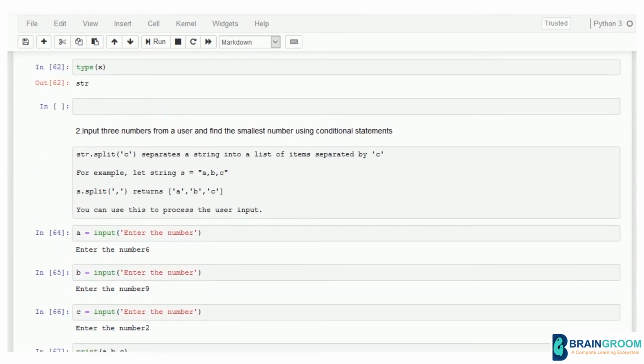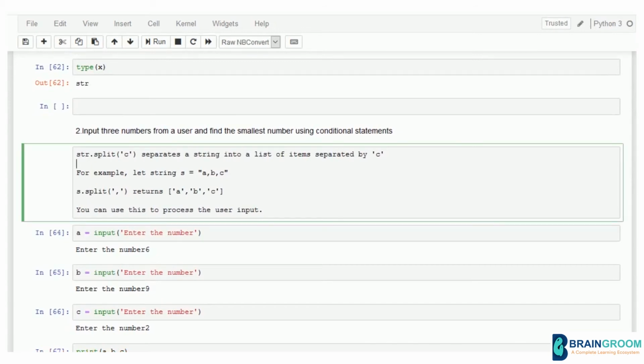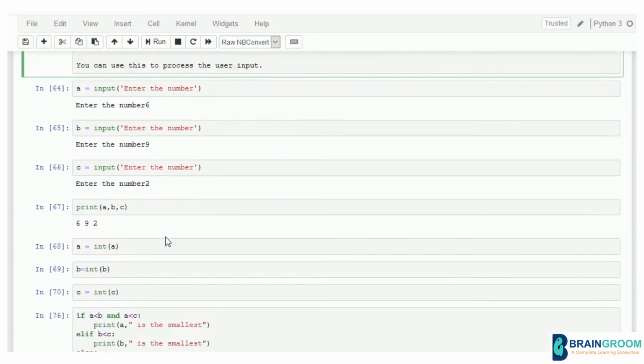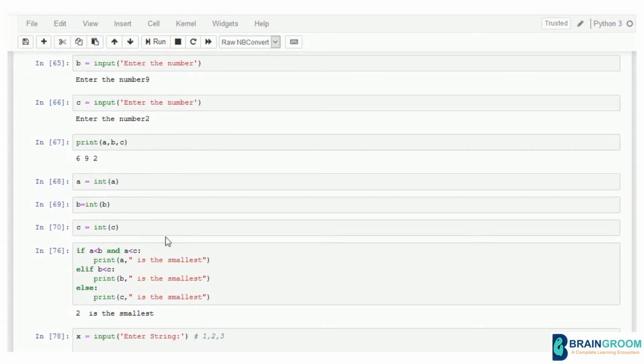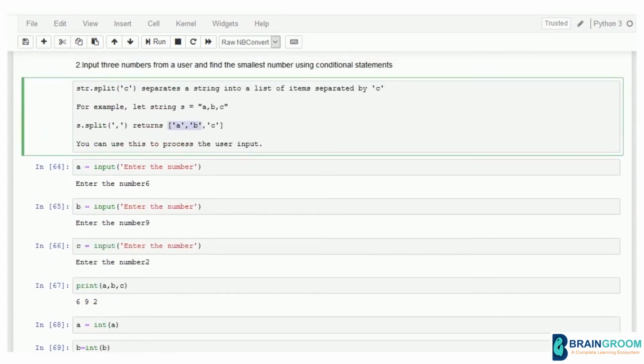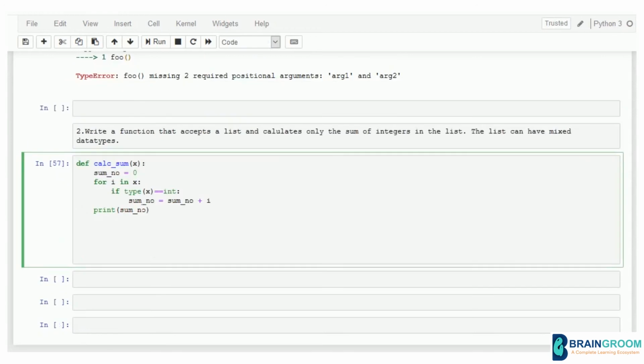So we use this dot split. The input that you give using the input function is stored as string. So you use your dot split function to separate your items individually and store. And then once you have the individual elements in a list, while using, you have to again convert each of them into integers and then use it. So this involves some 3 to 4 steps and is tedious just to get your input right. So what you can do as an alternative is that, now since you know how to use loops, you can use loops to get your input.